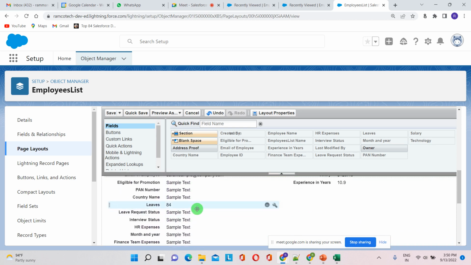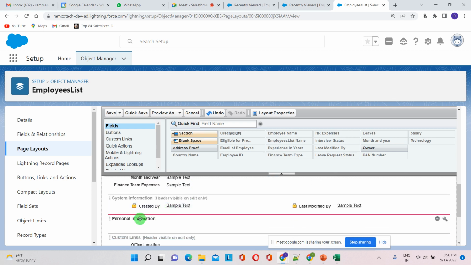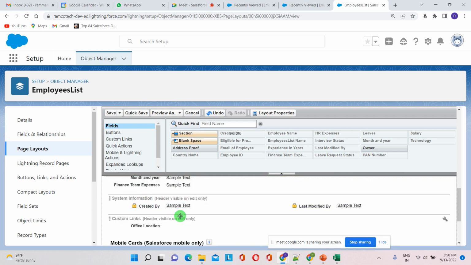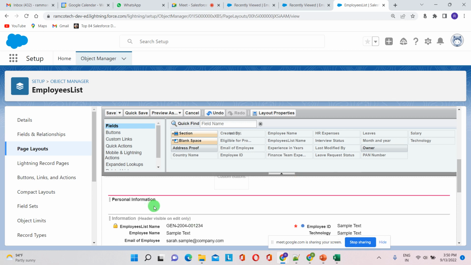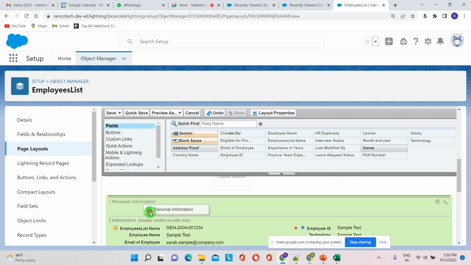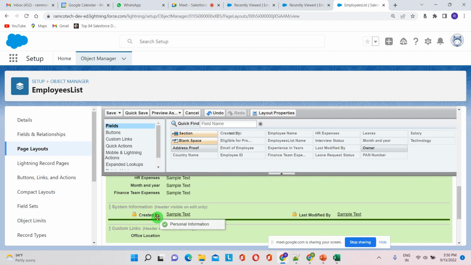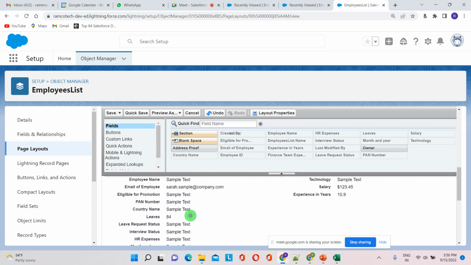So here personal information, I'm just adding. In personal information, we can add PAN number